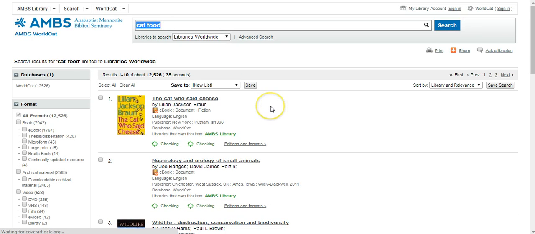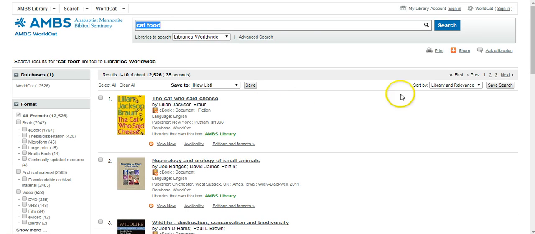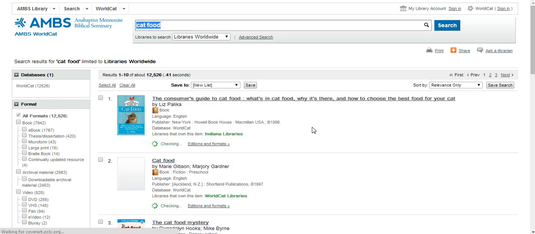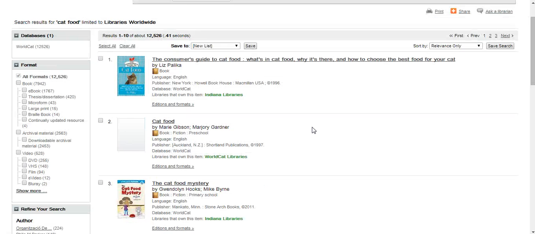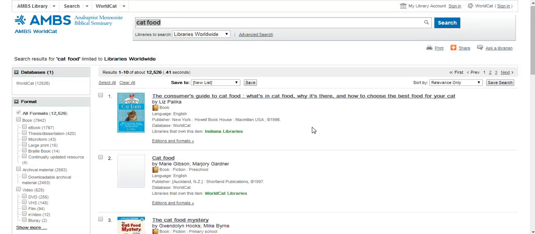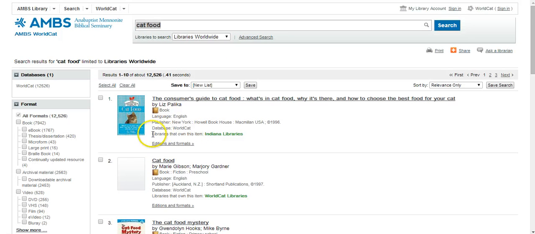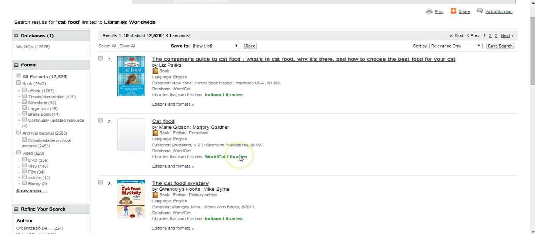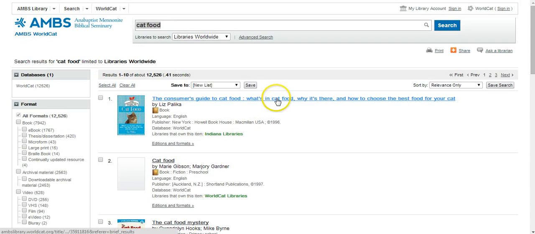So I'm just going to do a little search for cat food, and you'll see again that there are results in our library, but we're going to resort this by relevance only because we're going to find a lot more beyond our library. So for results that are not at AMBS, it will show which libraries hold the item. And if you click on this title link,